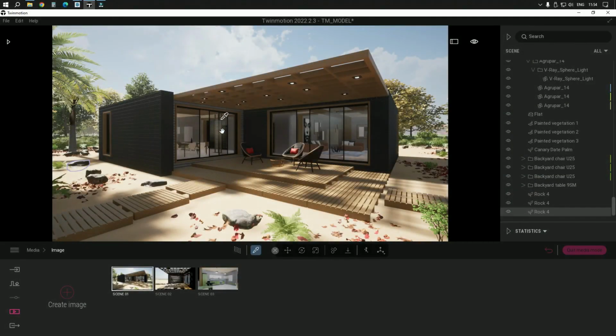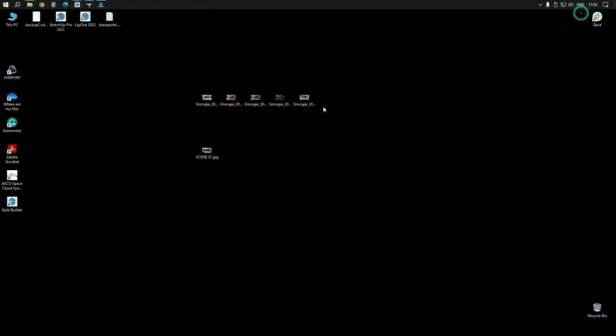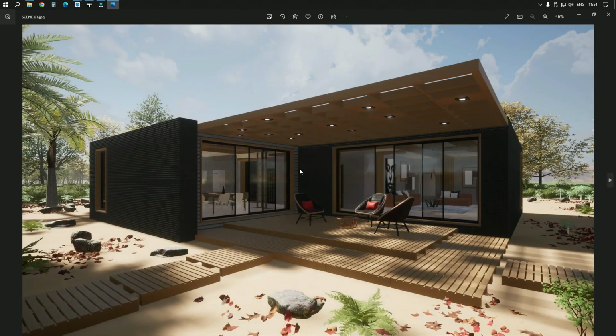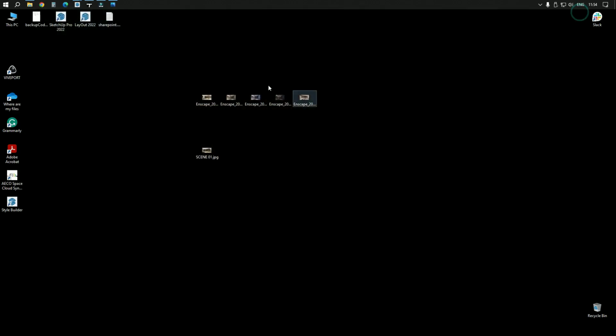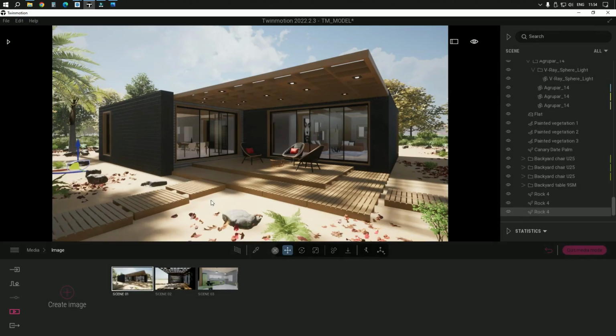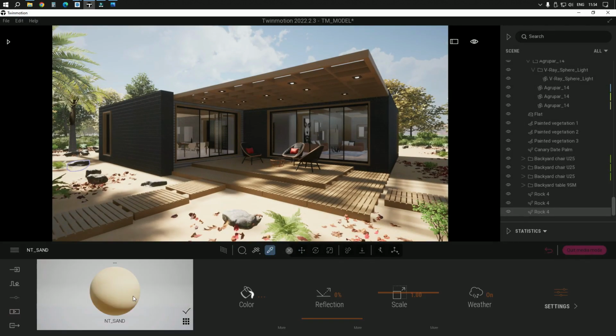So the rendering is finished. It takes 2 minutes to render the image, and this is our scene 1. As you can see, I forgot to change the material, this material here, the sand. So I will go back into this scene. I will select this material, and I would like to replace the material